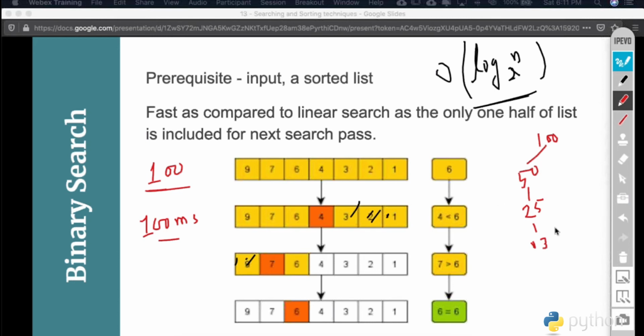I'm taking the higher side. Again divided into, let's suppose, 7, then 4, then 2, and then 1. So the total number of iterations required to get the result is 1, 2, 3, 4, 5, 6, 7, 8. So this algorithm is going to return a result in 8 milliseconds, whereas the linear search was returning the result in 100 milliseconds. And this is a very big improvement over the search result.